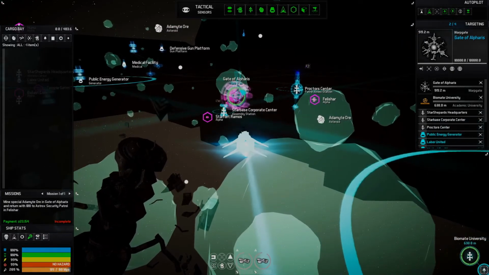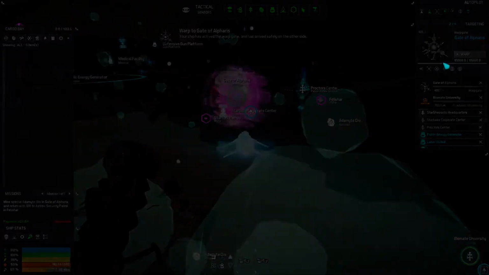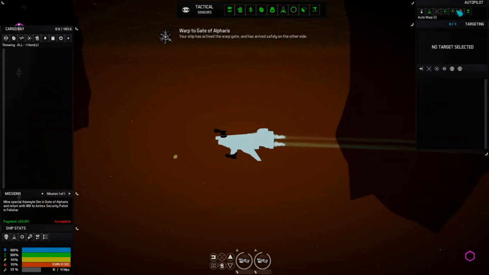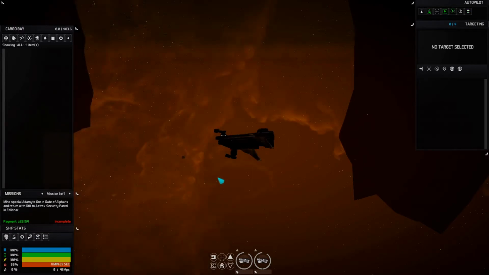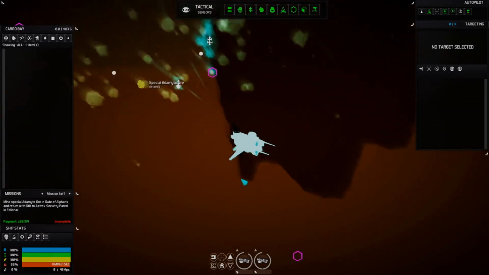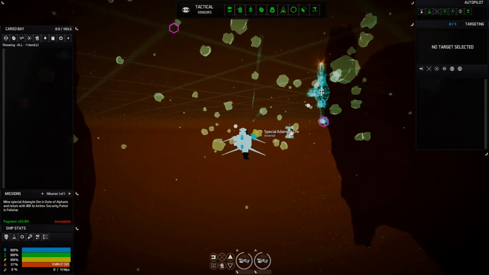So I found the Gate of Alferis, which is where I need to go, and I turned my auto warp on, and I turned my afterburner on, and then I came in here, and this is my special ore that I have to do. See, in this environment,